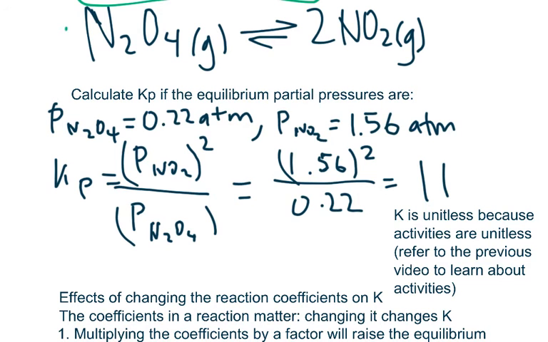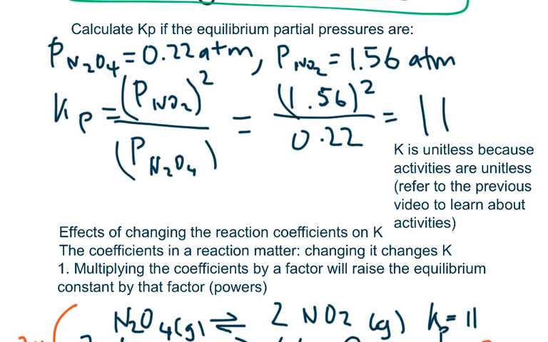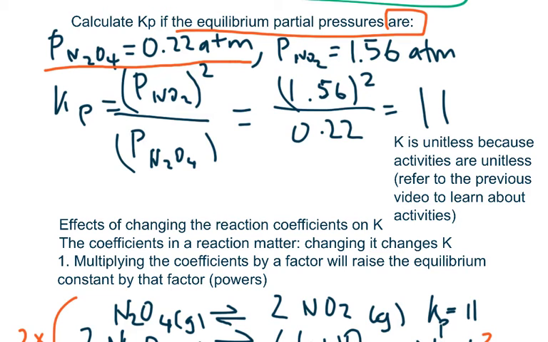So now let's look at this cool reaction right here. N2O4 is in equilibrium with 2NO2, and they're all gases. So let's calculate the Kp if the equilibrium partial pressures are as follows. The partial pressure of dinitrogen tetroxide is 0.22 atmospheres, and the partial pressure of nitrogen dioxide is